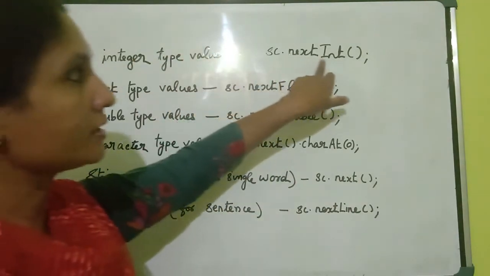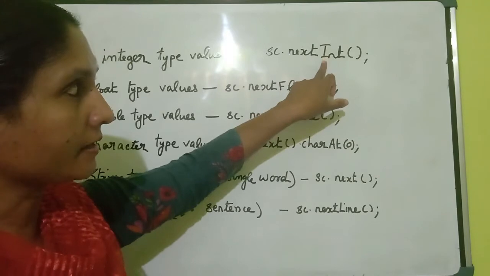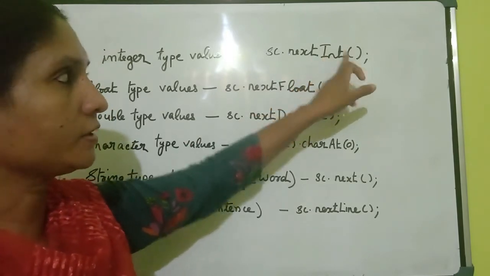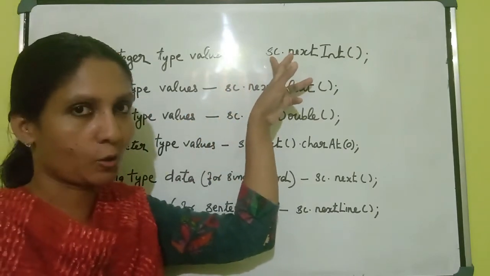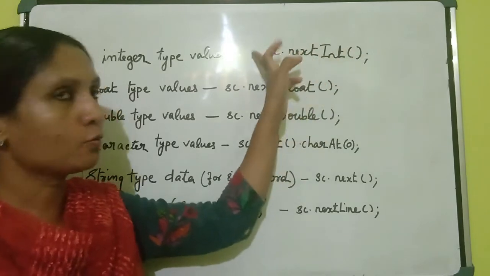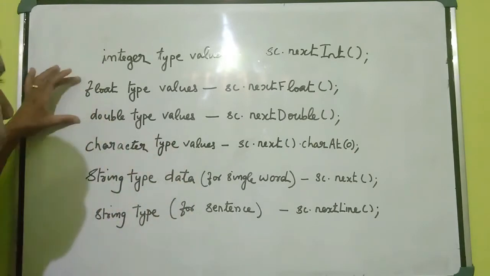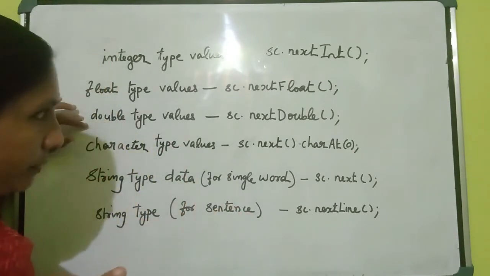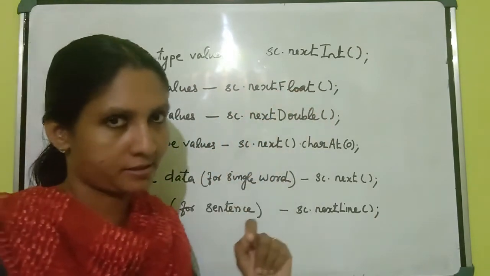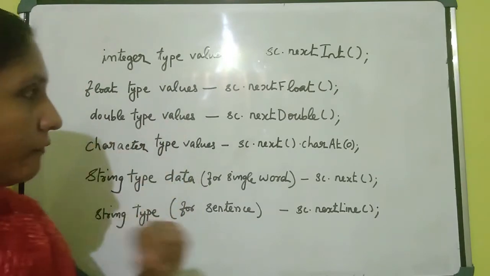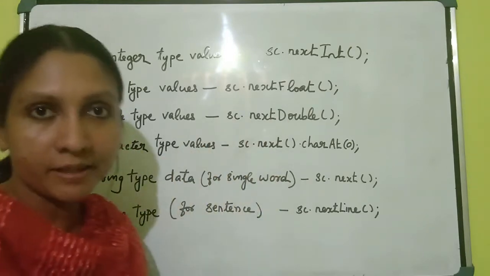Okay. First we are considering integer type values. For that we are using the function nextInt. See, next is in small letters and Int, I is in capital, then the others are in small letters, with brackets and semicolon. This is the object name. Whatever object name we are using, we can give here. Okay. sc.nextInt(). We already used sc for the object name. This is the function name, nextInt. In the same way we have two real data types. What are they? Float and double. For float type values we are using nextFloat. F is in capital letter. The next one is double type value. Here also we are using nextDouble to read the double type values.